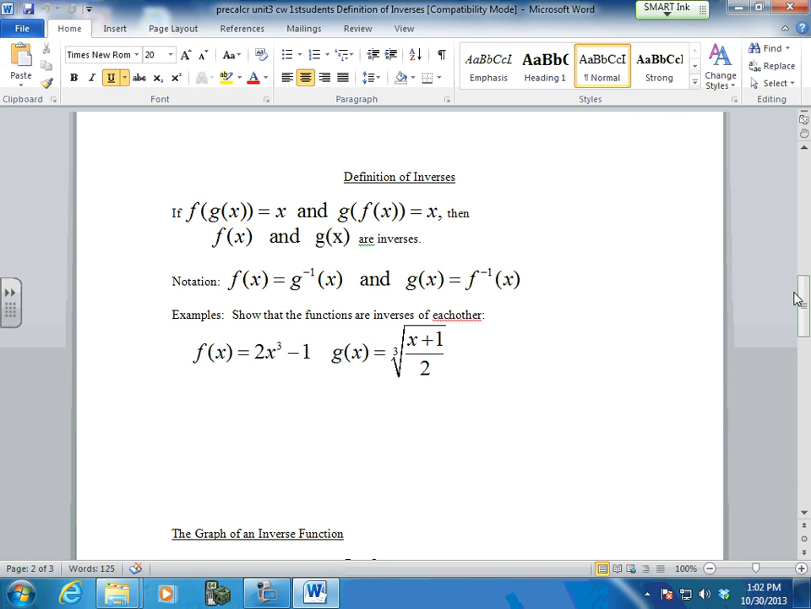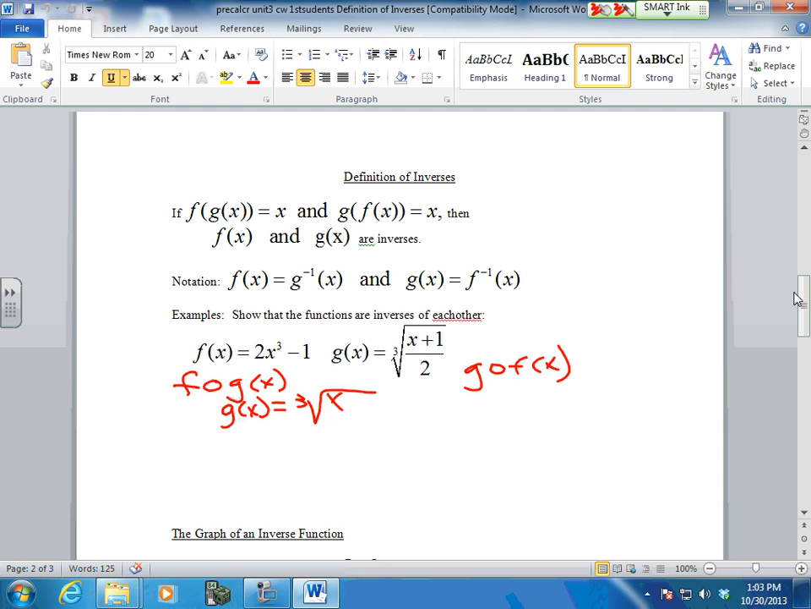But they have to work both ways. It has to work f of g, and it has to work g of f. If they come out to the same thing? If they both say equal x. Because y equals x is your identity line. So let's try that. And I know these look bad, but they work really nicely. So we're going to take g of x,